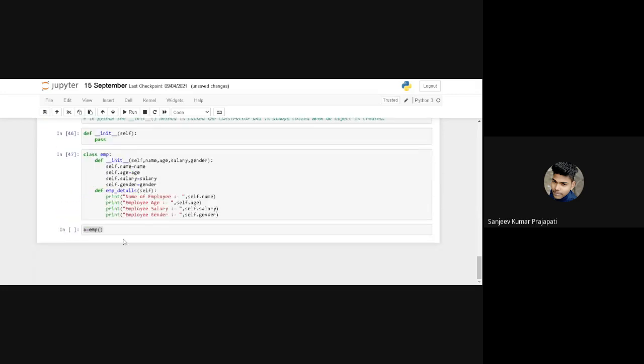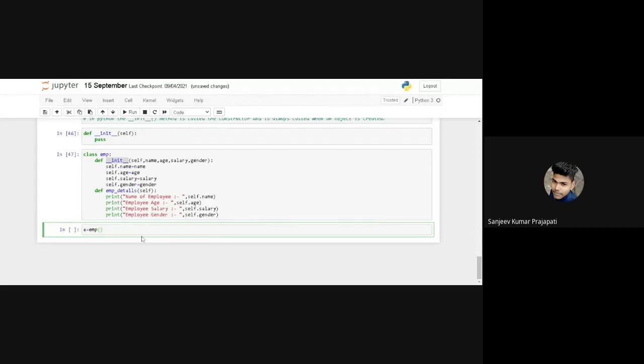But in this case, the initial function is the constructor. So how do we call this constructor? We can't use it as a variable name, so we have to pass the data: name, age, salary, as well as gender.